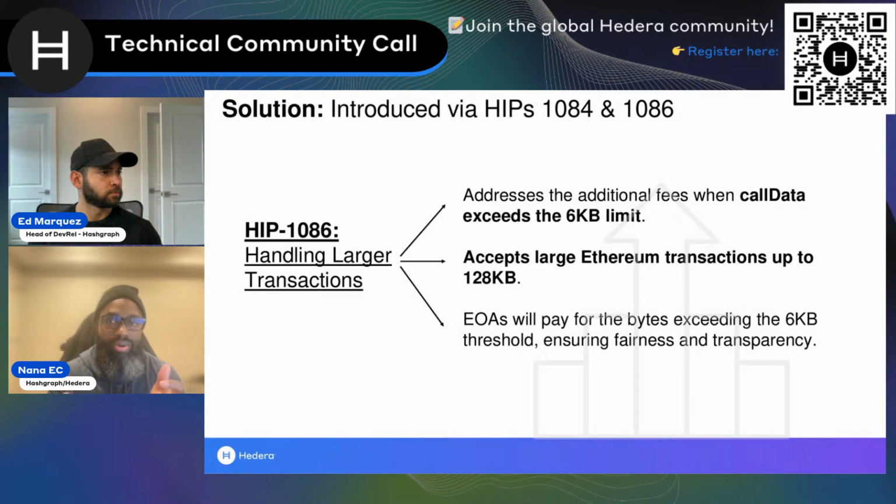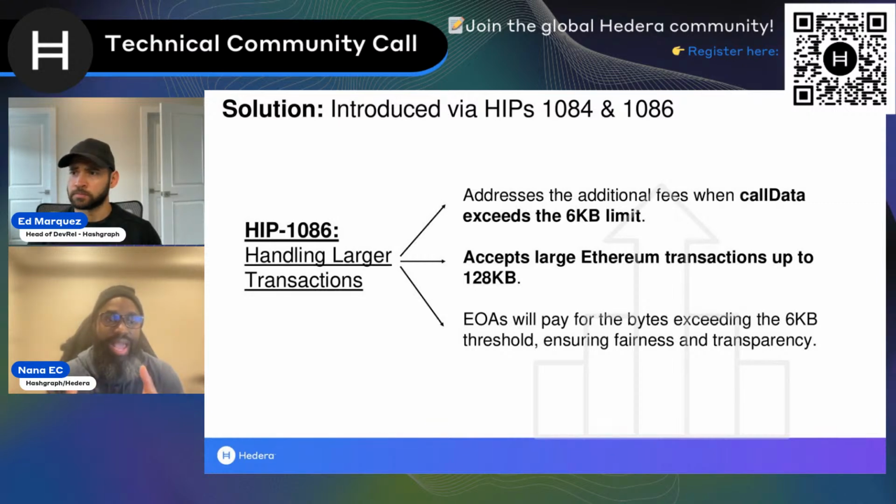And so we thought, what if instead of all of these transactions being small 6 kilobyte transactions, what if we take up the space of a couple of these 6 kilobyte transactions with one of these jumbo transactions? And when we realized that we could do that, we realized that there would be no impact to the consensus model, and that we'd still be able to support the current speeds that we're talking about. And so this is one of the innovations or realizations that allowed us to propose 1086.